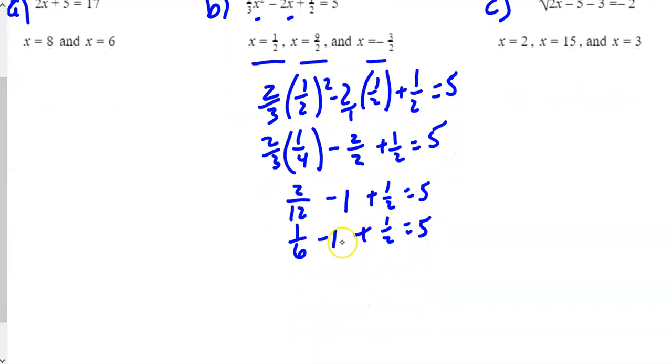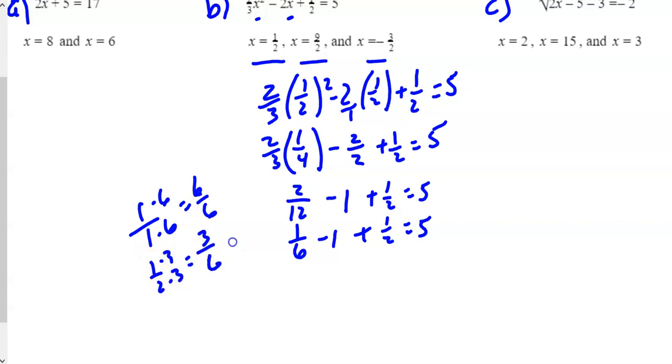So how do we convert this? 1 is really over 1, so multiply top and bottom by 6, which would give me 6/6. A half, multiply top and bottom by 3, so that gives me 3/6. And again, my goal there was to get a denominator 6, so I could actually subtract and add all those together on that side. So I have a 1/6 minus 6/6 plus 3/6. So 1 minus 6 is -5 plus 3. That right there is going to give me